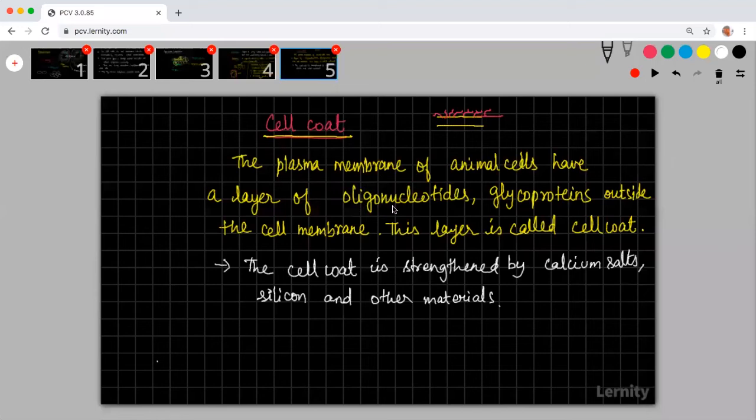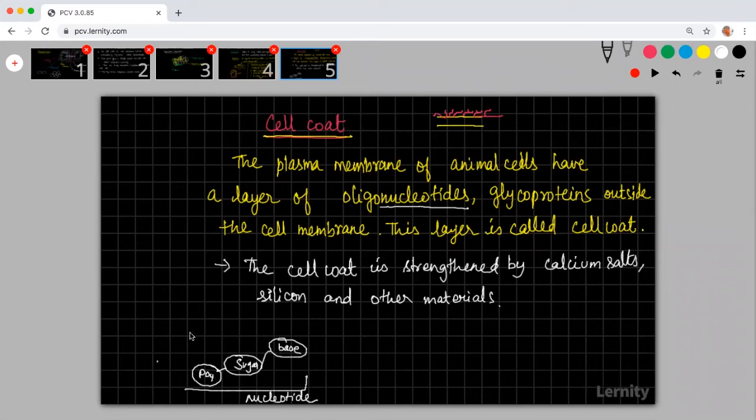Nucleotides will have three components. One, you have a sugar, in which you will be having something called a base, and then you have something called a phosphate. This is called one nucleotide. You will study about this in the structure of DNA. As of now, you please don't worry about it.